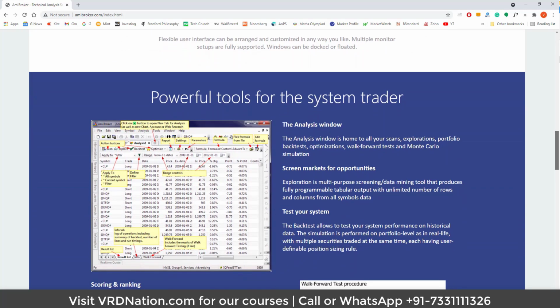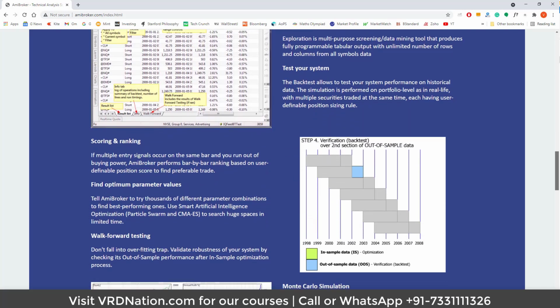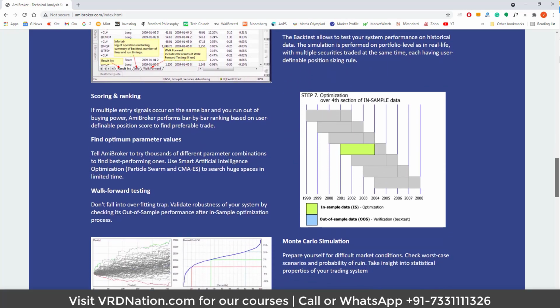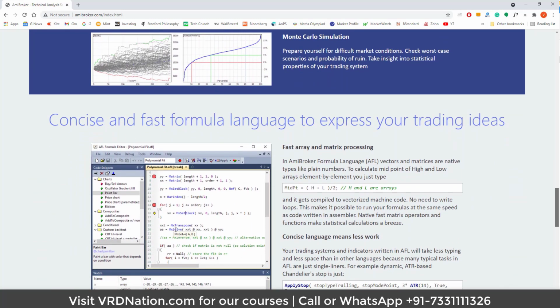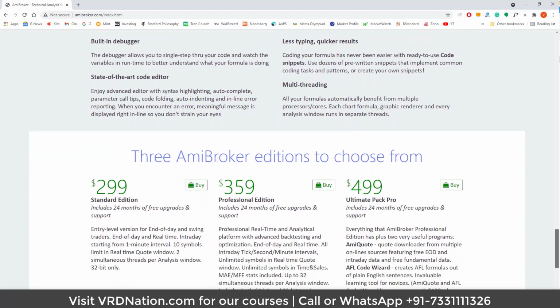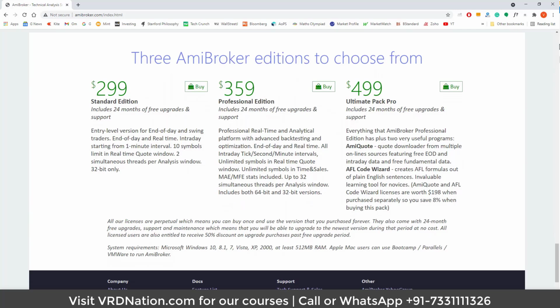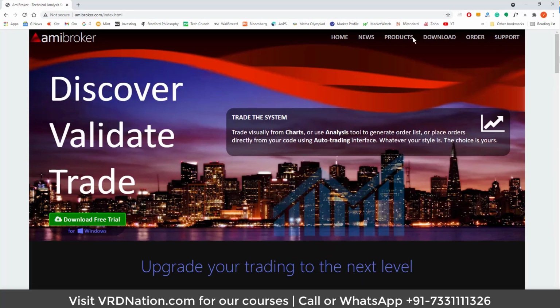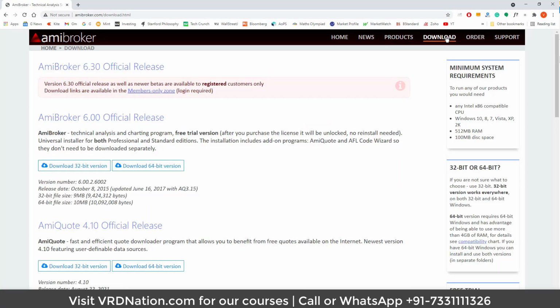Now, up until a few years ago, Amibroker as a company had collaborated with several brokers in India, and these brokers used to give out the licenses of Amibroker to their clients, right? But what started happening was that some of these brokers started giving illegal licenses, and Amibroker, of course, was not happy about it. So they said, you know what, no more intermediaries. Anybody who wants Amibroker can go to their website and download the application directly from there. So if anybody is telling you that they can give you Amibroker as a software, do not trust them, because that is not going to be a licensed version of Amibroker.